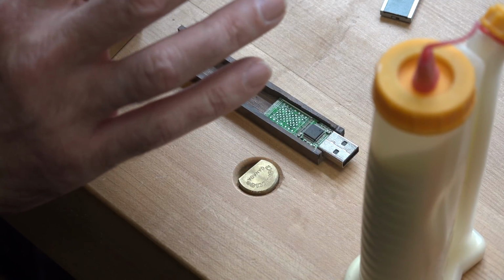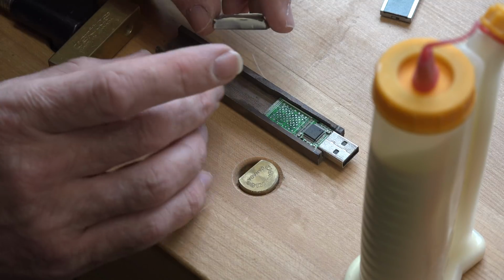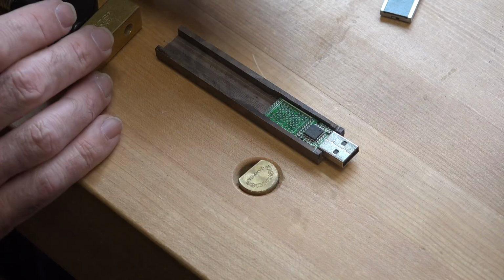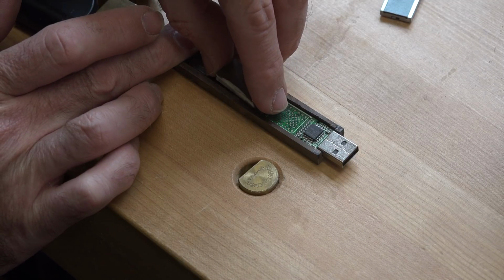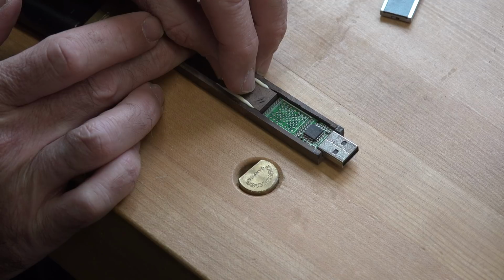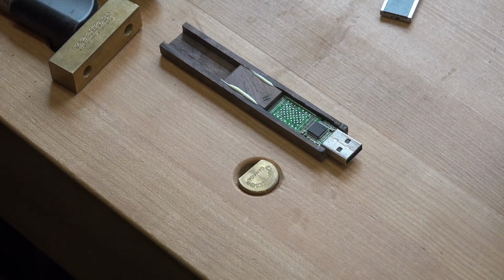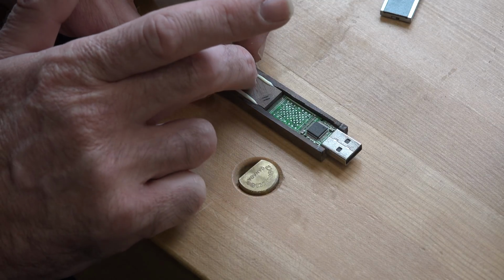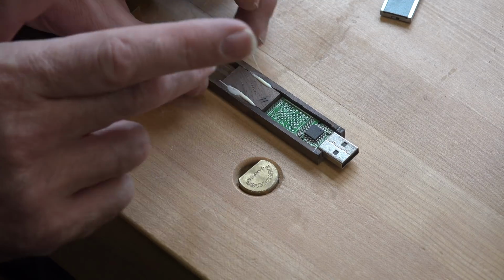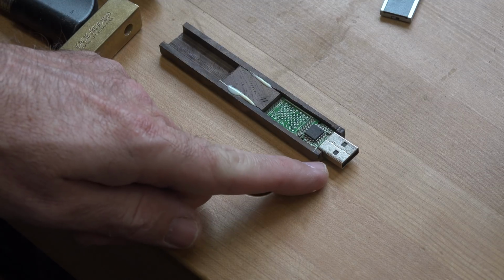We're going to spread our glue across this here and just sit it into place. And you'll see here, let me get that glue bottle out of our way. I have it lined up so that this will prevent the chip from pushing back any further into our USB cover. So we'll just sit this in place firmly like that. We're going to clean up our squeeze out, let that set up, and then we can CA glue in our